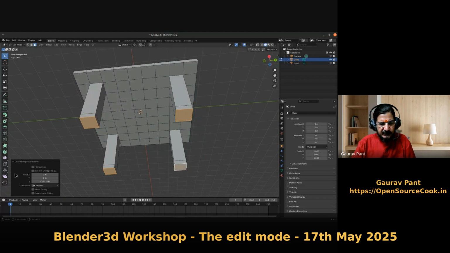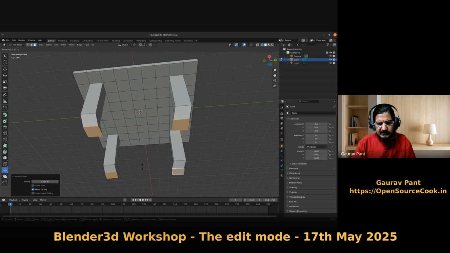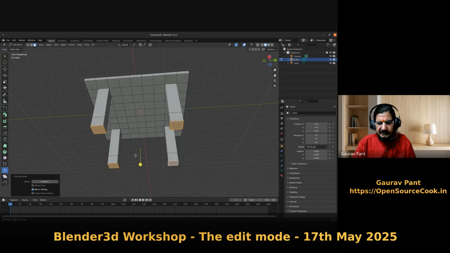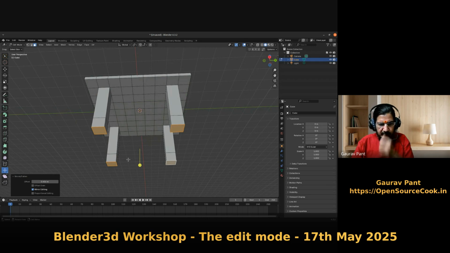So for that, what you could try is there is something called shrink flatten and push pull. So let's try the shrink flatten, and shrink flatten is not doing anything for me. Let's try doing push pull. I think push pull is also not working. So let's leave it aside like this. So now what I'm going to do is scale these ones to make the table look more interesting. I will say scale